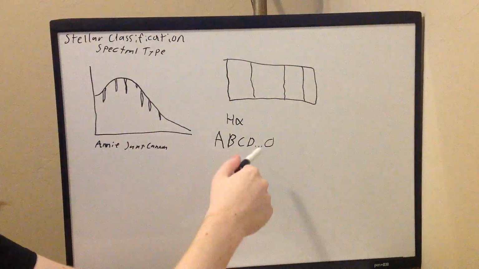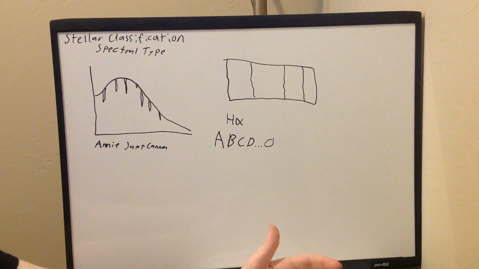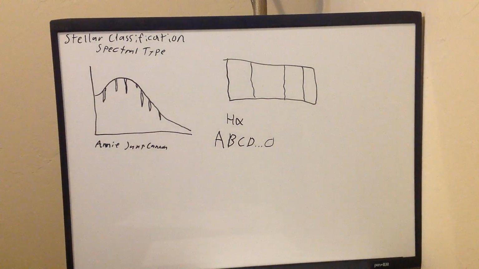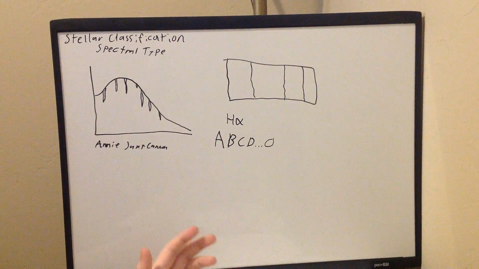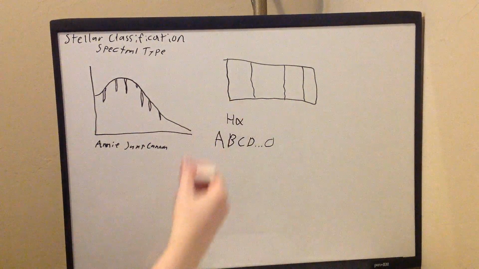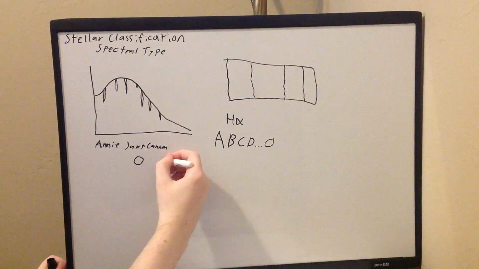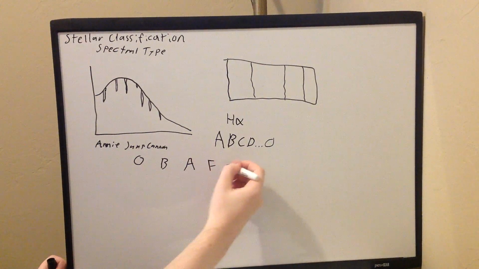However, she did find that these categories still kind of applied, and in any case, these were categories that astronomers at the time were already used to. So she used a modified version of this, which is what we still use today. She got rid of a bunch of the letters, because she thought that those categories weren't interesting or significant, and the ones she kept, she rearranged based on temperature, leading to our modern spectral type classification system. O, B, A, F, G,